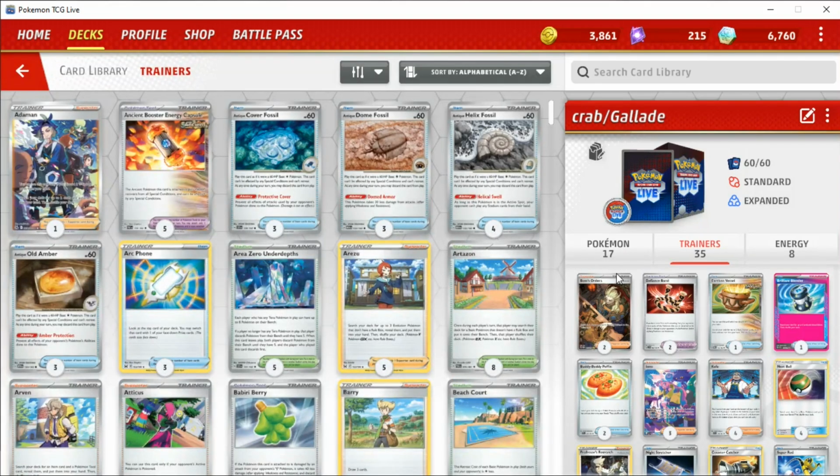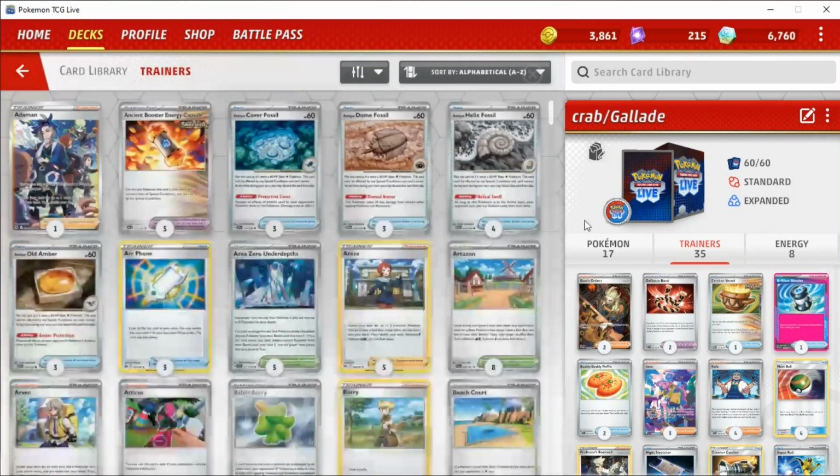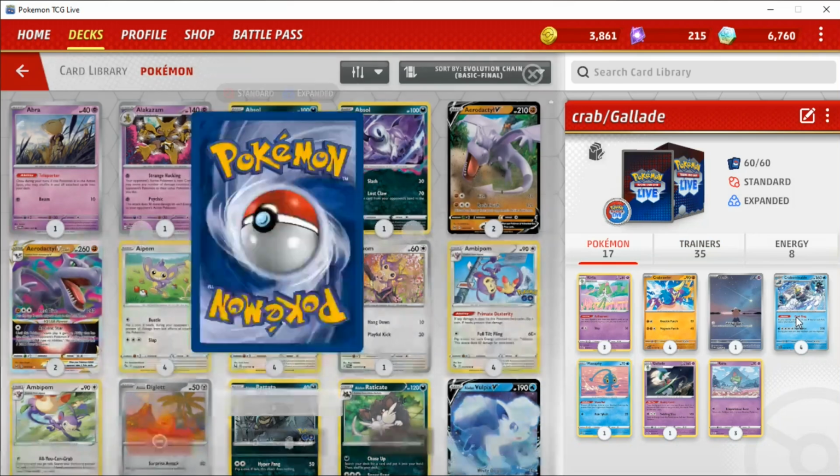So if you don't know what this deck is all about, it's basically about discarding this supporter card here called Kofu, which by itself is not very impressive. Like, if you have to play one of these because it's the only supporter in your hand, then yeah, fair enough, it's okay, I guess. But for the main part, we just need to discard these in order to pay for the attack cost on